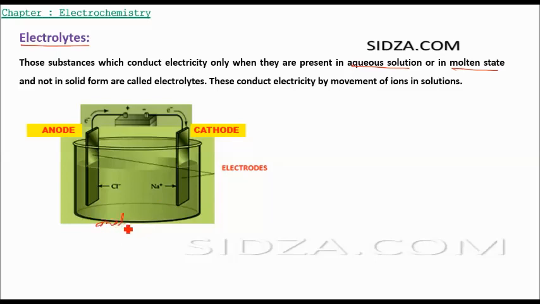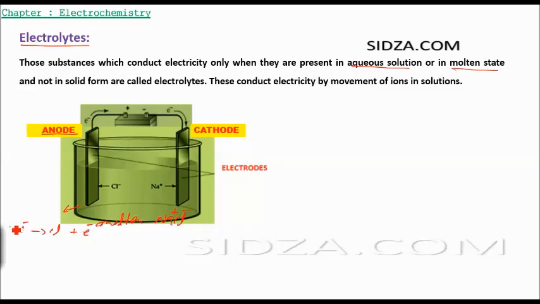Okay, if we have a molten sodium chloride, and if I apply a potential difference across this solution, I find the sodium moves towards this electrode and the chloride in this direction. So these are the two ions which move in opposite directions. At the anode, the Cl negative loses an electron and undergoes oxidation, because the anode is the electrode where oxidation occurs, so it forms chlorine and an electron.